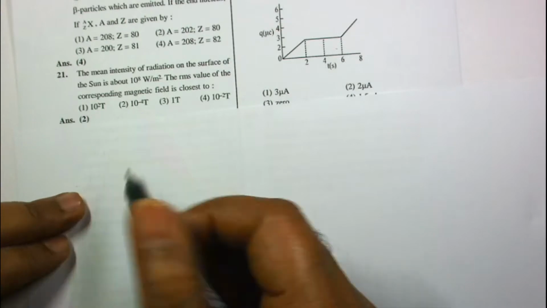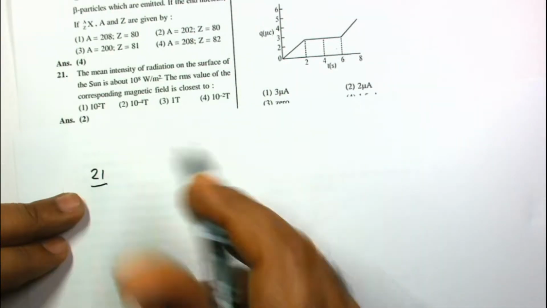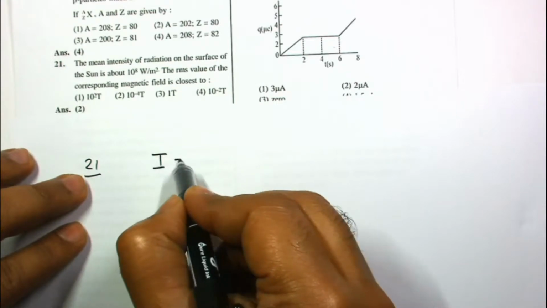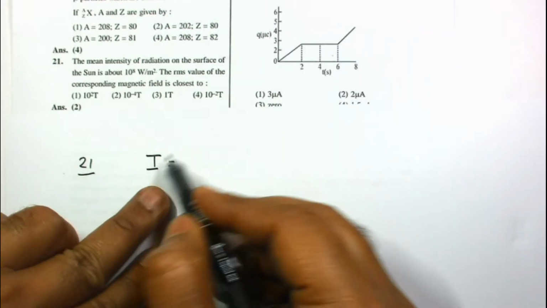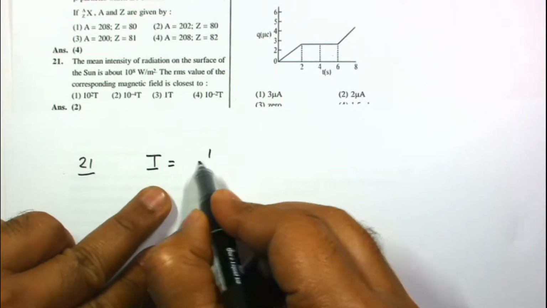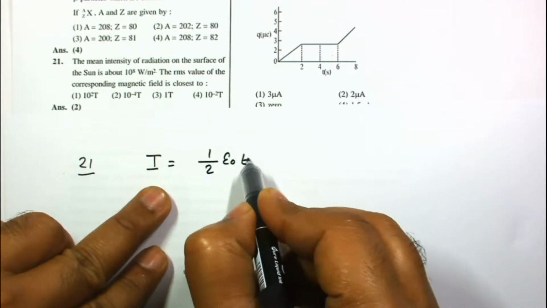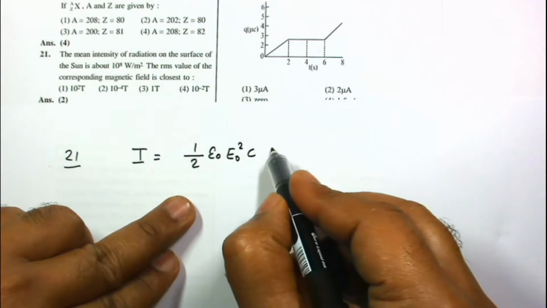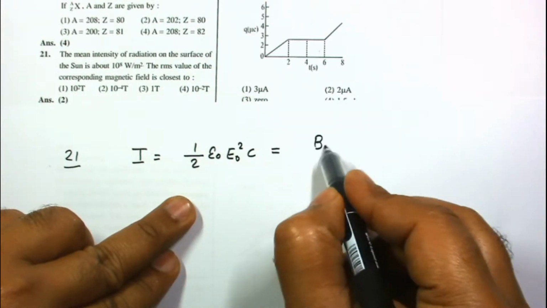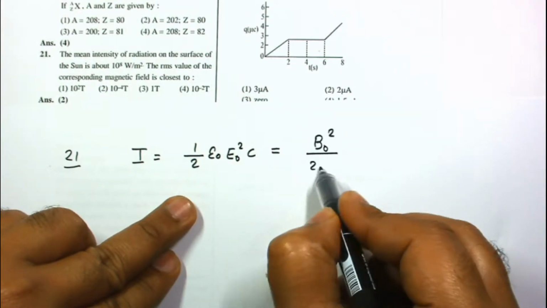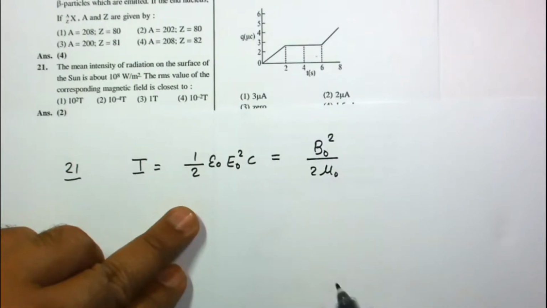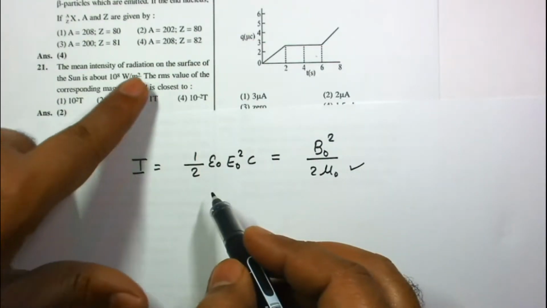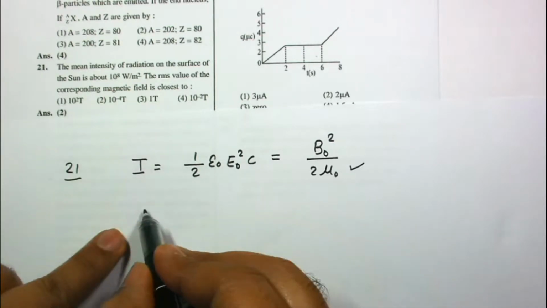So this is intensity, and the formula of intensity from the chapter electromagnetic waves, or formula of the average intensity, is given by half epsilon naught E naught square into C in terms of the electric field. In terms of magnetic field, this formula becomes B naught square by 2 mu naught. So we have to use this relation. We have to find the RMS value, B RMS,